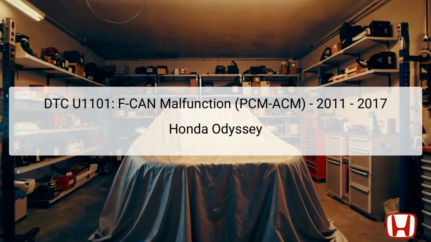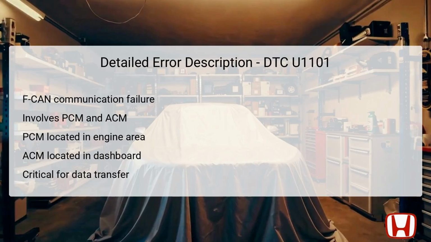Before troubleshooting, it's crucial to gather all onboard snapshots and freeze data to understand past vehicle behavior. The error U1101 indicates a failure in the FCAN communication link, which is vital for data exchange between two key electronic control units: the Powertrain Control Module, PCM, and the Audio Control Module, ACM. Located under the hood, the PCM manages various engine functions, while the ACM is situated within the dashboard, controlling sound